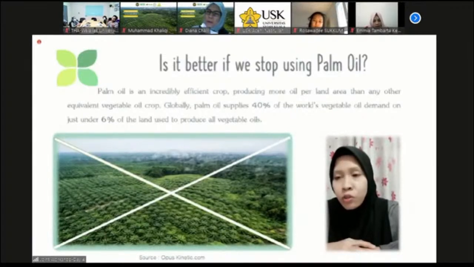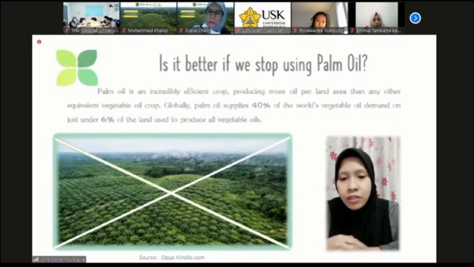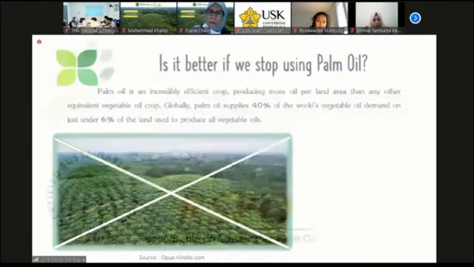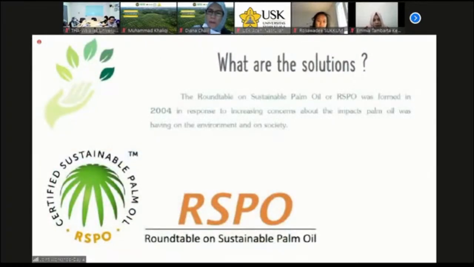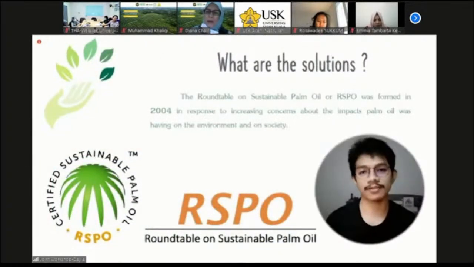Furthermore, there are millions of smallholder farmers who depend on producing palm oil for their livelihoods. Boycotting palm oil is not the answer. Instead, we need to demand more action to tackle the issue and go further and faster. What are the solutions? The Roundtable on Sustainable Palm